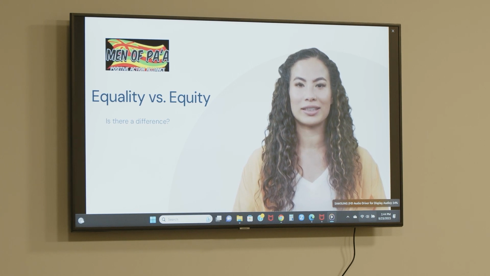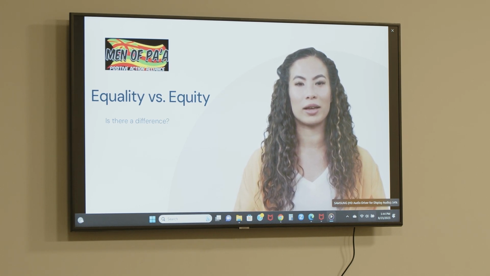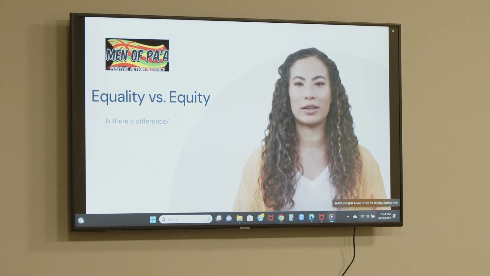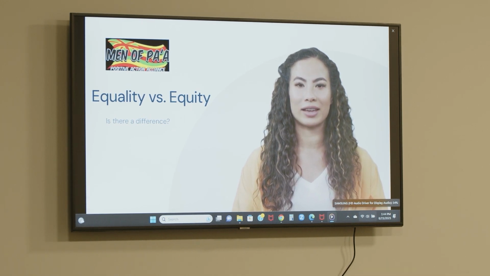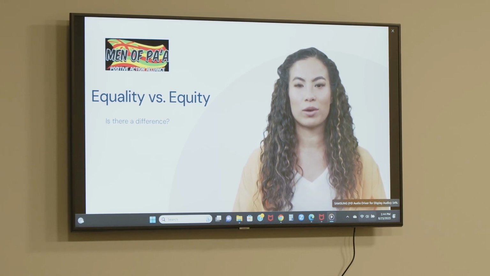Limitation. Equality assumes that everyone starts from the same place and needs the same things to succeed. However, this isn't always the case. Some individuals or groups may face unique barriers or have different needs that aren't addressed when everyone is treated the same way. Equity. Definition. Equity recognizes that people have different starting points and need different resources or support to achieve